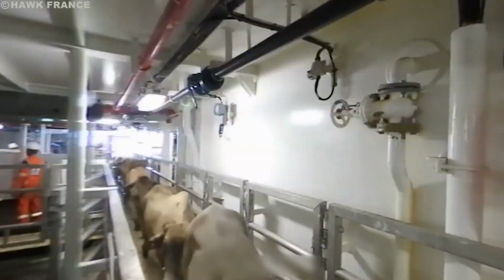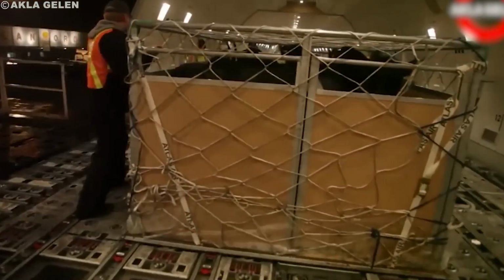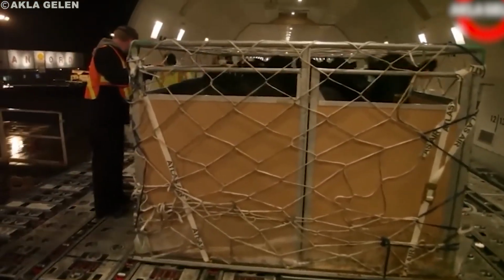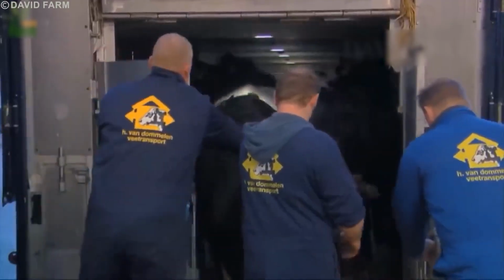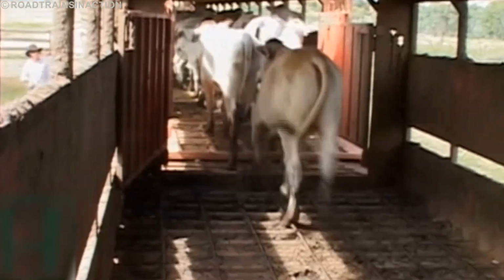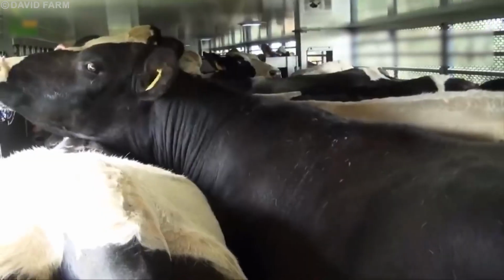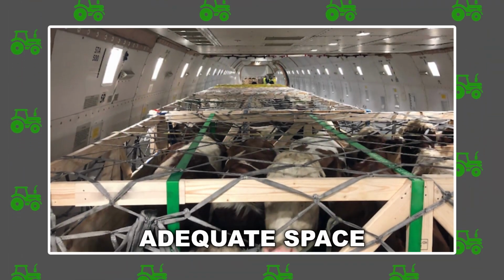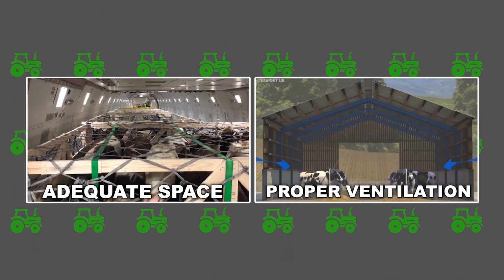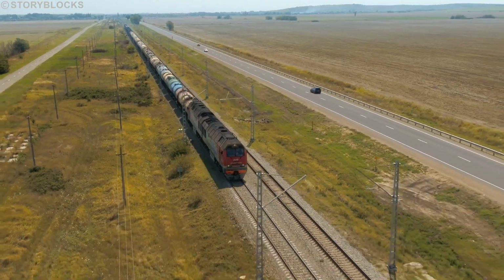Rail transport has the disadvantage of requiring repeated handling of animals, namely at the start and end of the journey, the loading and unloading of road transport. Conditions for rail transport of animals, including the handling involved, are considered to be worse in many parts of the world. By providing adequate space, ensuring proper ventilation, and using specially sized containers suited to cattle, transporting them by rail